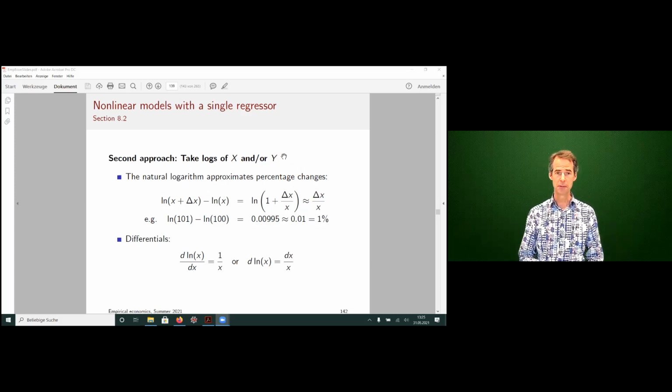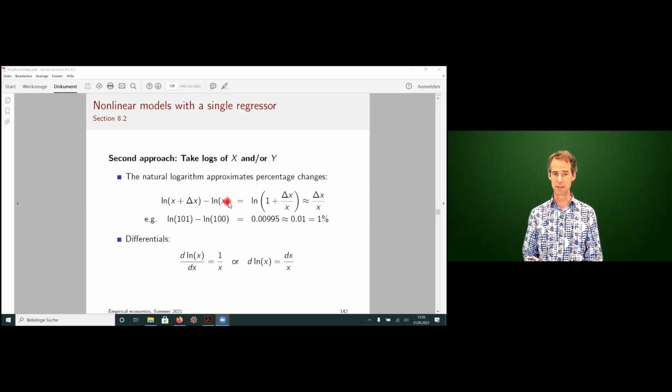First of all, it is important to note that using the logarithm, or the natural logarithm, which we normally take here, means that you can approximate percentage changes of a random variable. That is because if you look at the change in the log, say if you go from the log of x to the log of x plus delta x, then you can use the rules for logarithms,